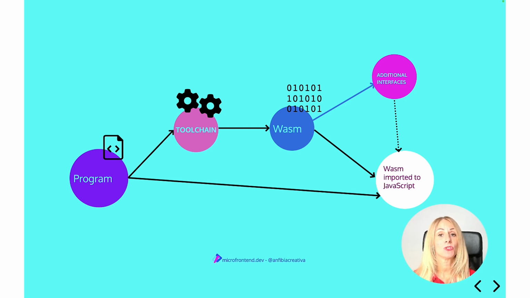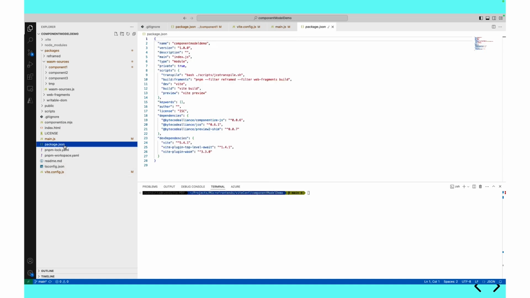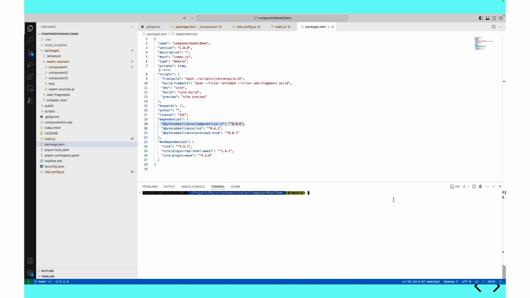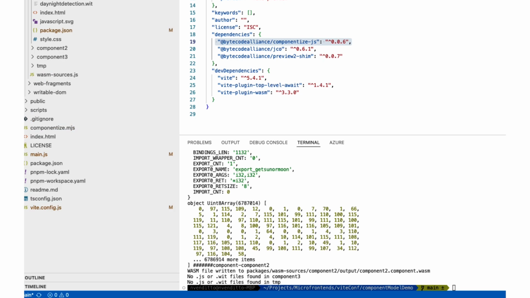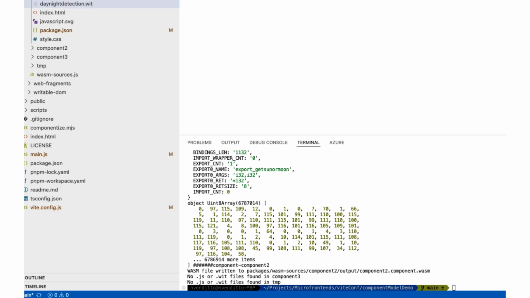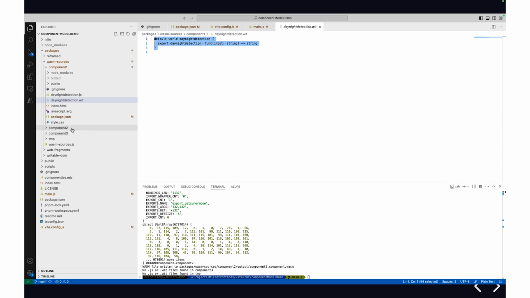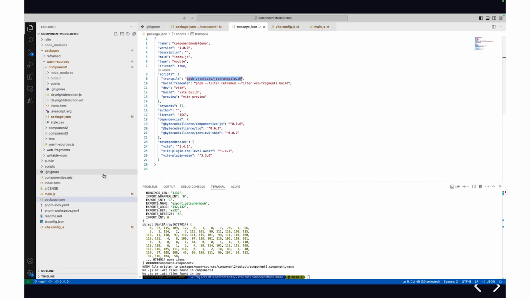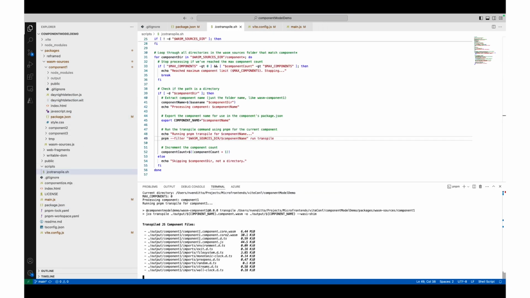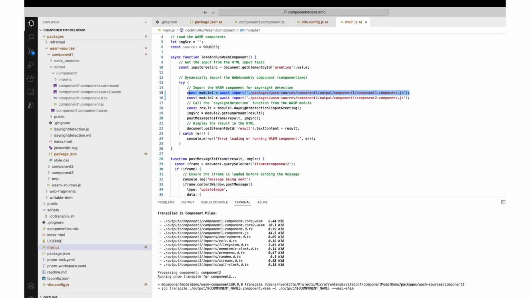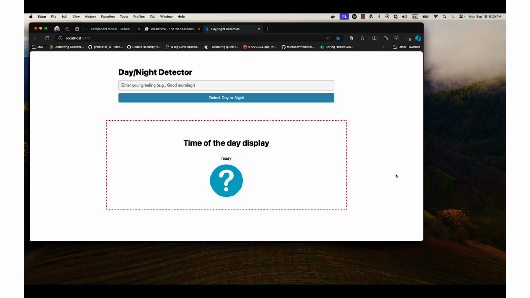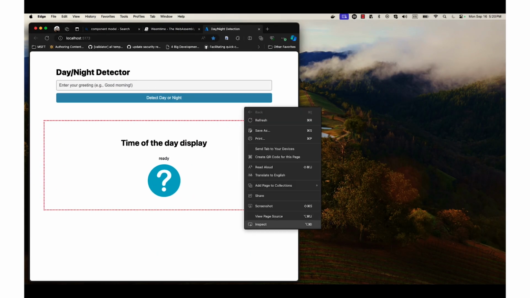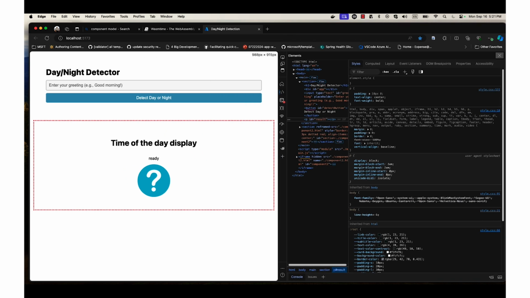For this demo, I do not need to have the WebAssembly plugin configured in Vite. What I will do is run Componentize.js, a library that allows us to generate the WebAssembly component using the JavaScript source code and its corresponding Vite code, so I can use also the JCO CLI to transpile it back to TypeScript with its corresponding declarations and import it to my main entry point as part of a horizontal split micro frontend application that I'm building using web fragments, and more concretely, the reframed library of web fragments.